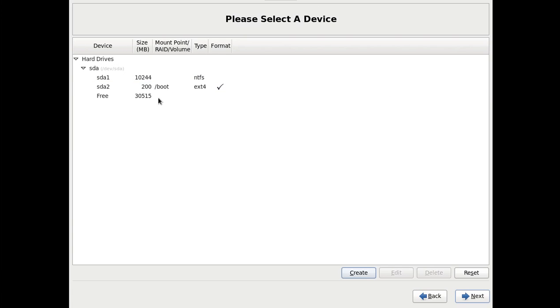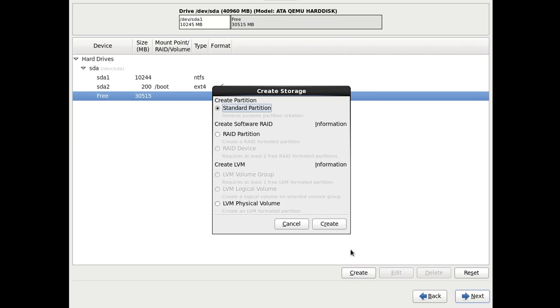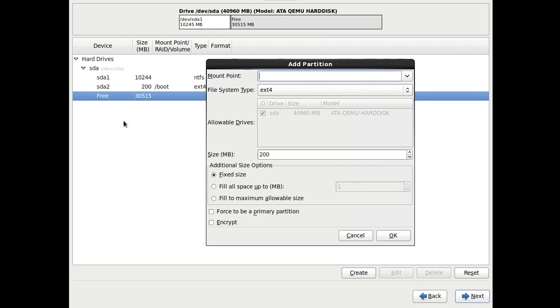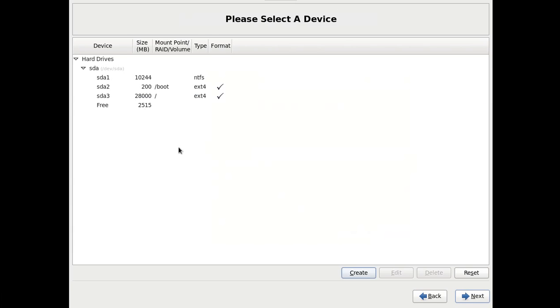Okay, click the free, click create, standard partition, create. I got 30 gigs here. I will set, let's say, 28. Oh, whoops, such a slash. This drive is just slash, and 28 gigs, right? Okay, so now I've got 2.5 gigs. Create,